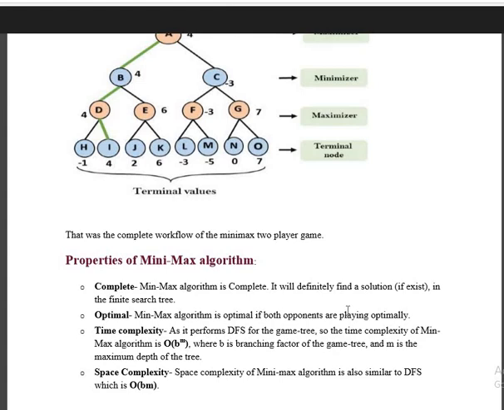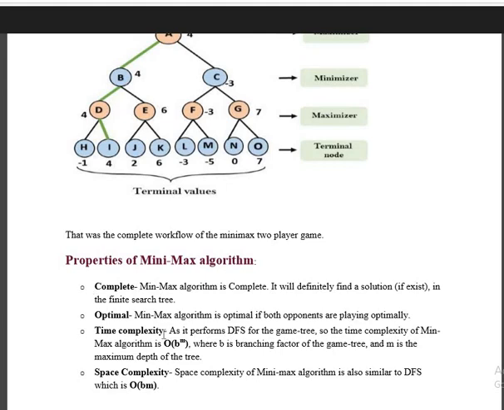Yes, of course. And with optimality, the minimax algorithm gives you the optimal output. Whenever you are playing any game, will the desirable output be reached or not? Minimax algorithm is optimal if both opponents are playing optimally and fair games, because we have to make our intelligent system in such a way that it utilizes all these methods with the minimax algorithm, or implements any game tree in a game-based planning algorithm in the intelligent system, so that the game is optimal. That has to give you fair decisions.